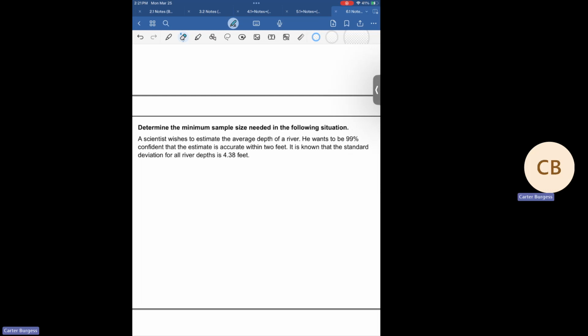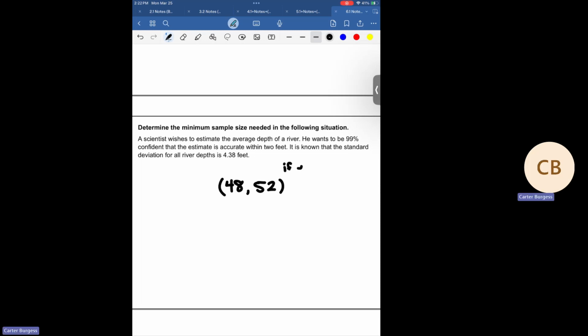Let's start here by just picking a random mean to do this construction. Ultimately, the mean isn't really going to matter for us, which is kind of nice. But if our mean was, we'll just say, 50, what would it mean to be within 2 feet of 50? What would our confidence interval look like if we're within 2 feet of 50? 52 to... 48 to 52. In other words,